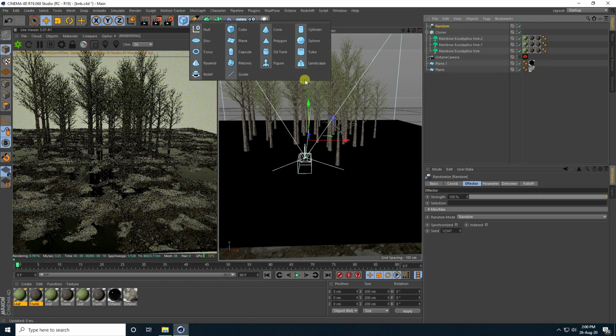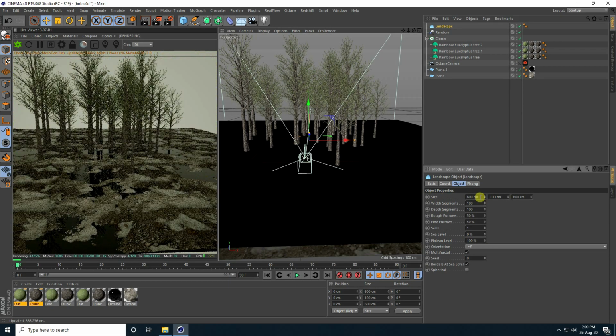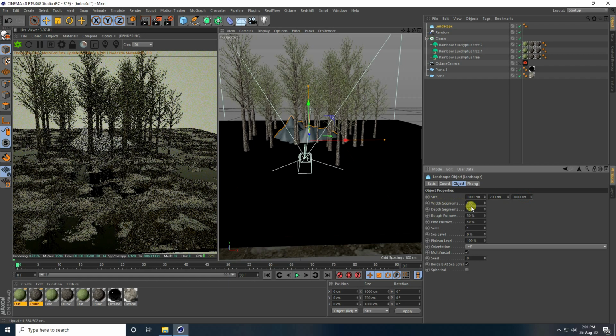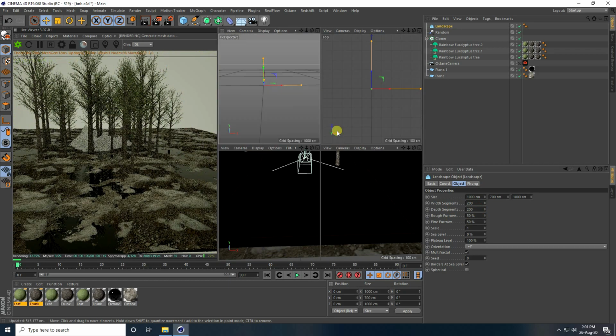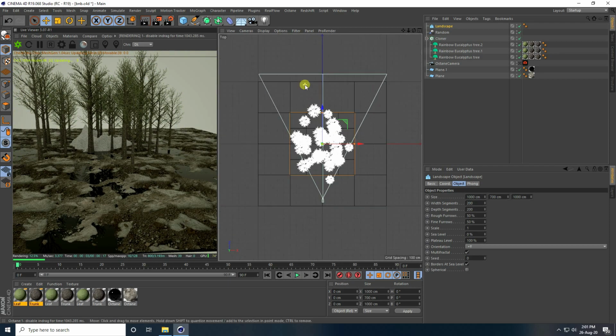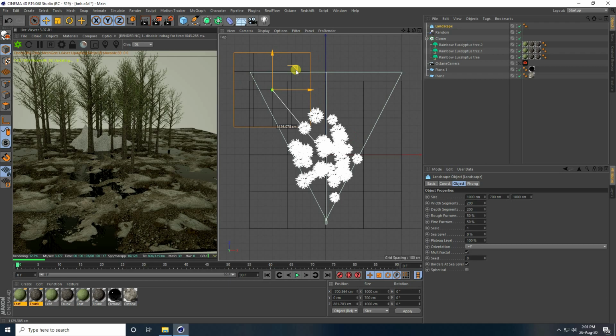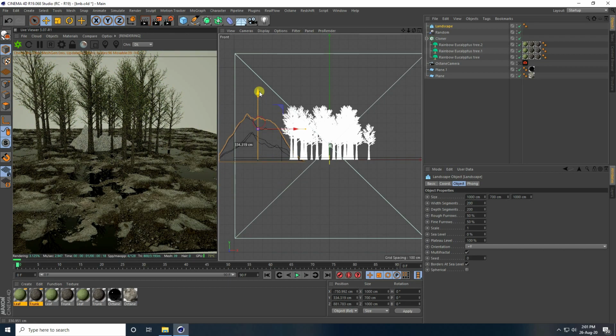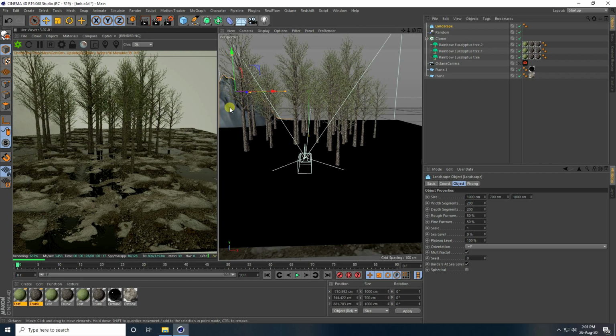So camera uncheck and use landscape, and size guys, I take like 1000, and guys like 700, and last one 1000. Yeah, and increase breadth segments 200 and 200. Yeah, so go to back. Guys, I go to top view panel and go to back, go on here. Yes, and increase position change. Yeah, see guys, that's my landscape.